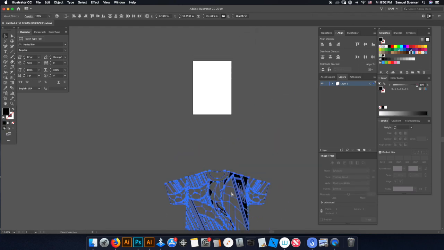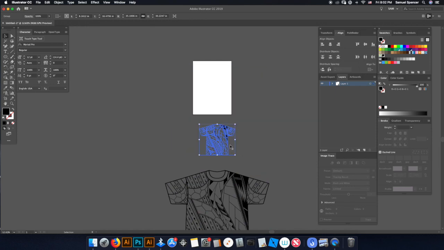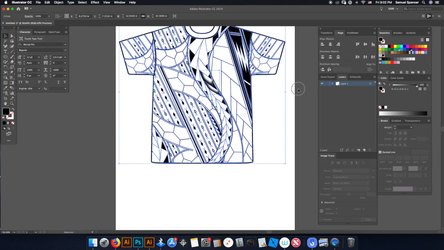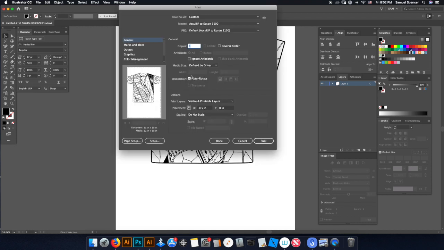If we're going to output that and size it down to where we need to size it, all we're going to do is hit Command P, which is print. We're going to make sure Accurate is selected because I use Accurate. We're going to make sure this is on custom. We're going to go